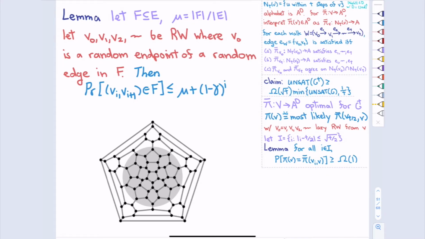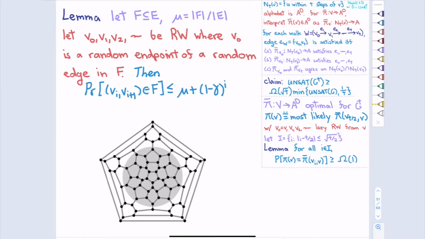Here's another technical lemma that we'll use, and of course I'll have it on the right hand side when we use it. We're not going to do a proof, because it's very similar to what we had done previously in terms of random walks escaping bad sets. In general, if a random walk looked like an independent sample, let's say I have a bad set F, this shaded region F, and I'm interested in how often I'm in F.